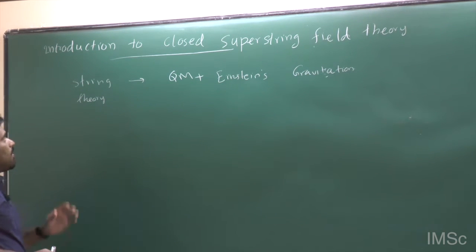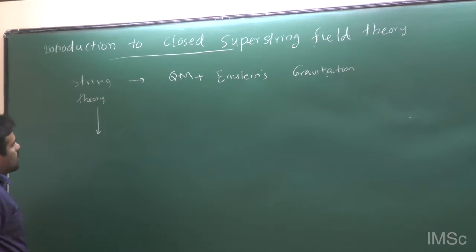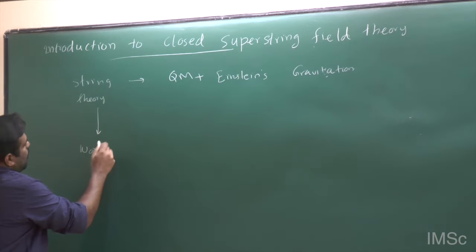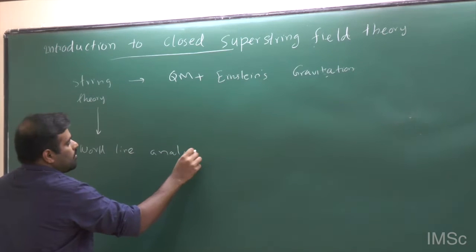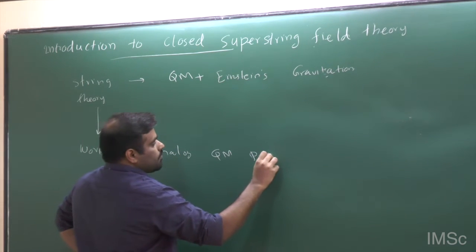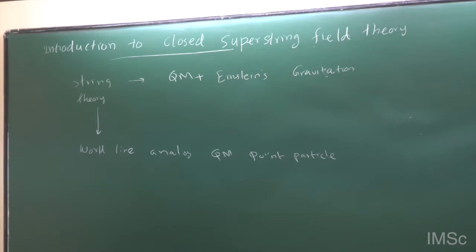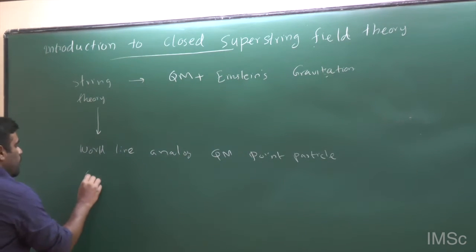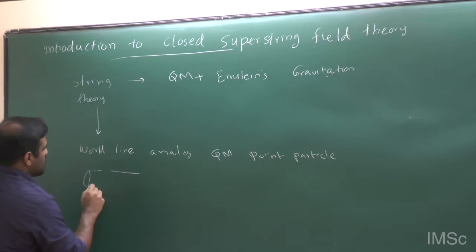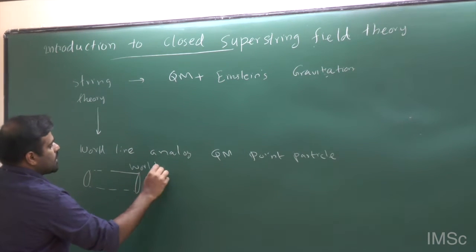And the conventional definition of string theory is a perturbative definition. You can think of the usual definition of string theory as the world sheet or the world line analog of quantum mechanics of a point particle. So what you do in string theory is, instead of considering a point particle, you consider strings, and when a string propagates through a space-time, it traces a world sheet. So instead of world lines, we study the world sheets.